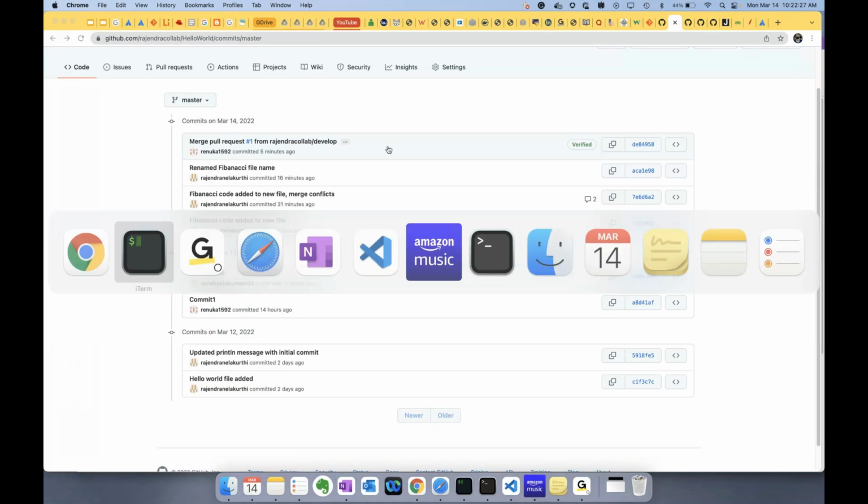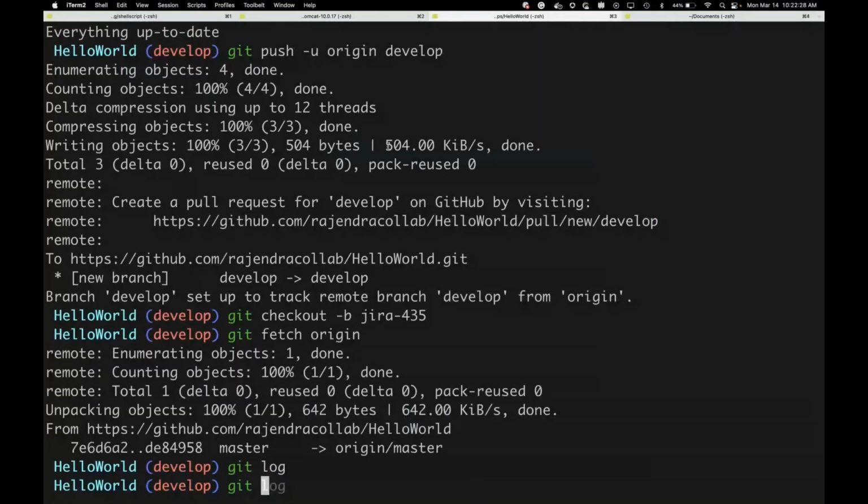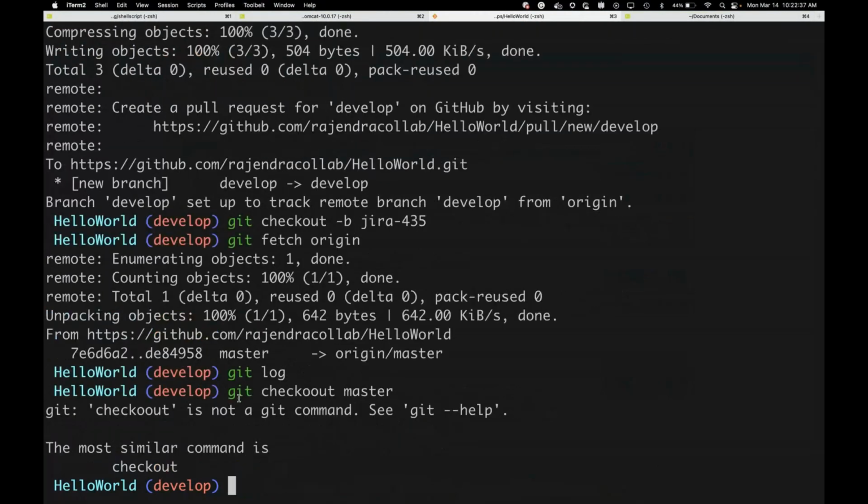Git checkout master. So git checkout is something we use to switch between branches. If we have a number of branches and you want to go back to a particular branch, we can mention git checkout master. Now I'm switching to master from develop,